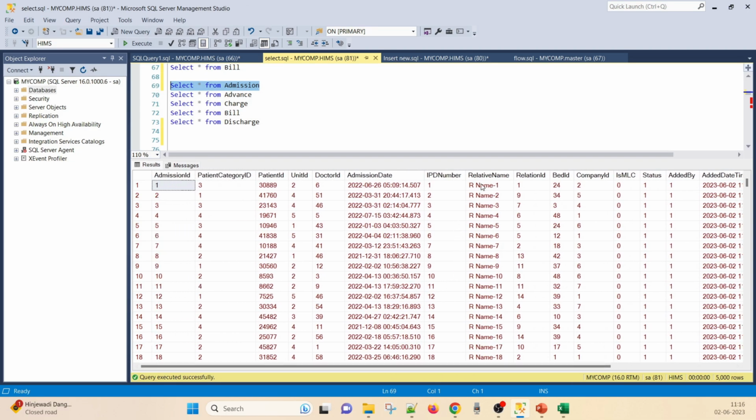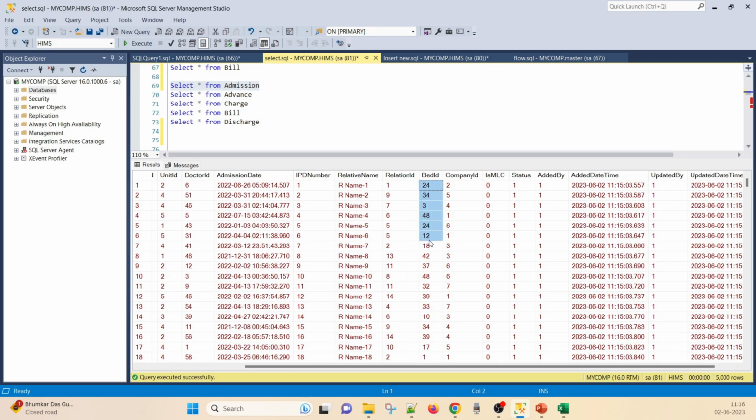So this is the relative who is admitting that particular patient. What is the admission date? Who is the admitting doctor? Then there is a unit ID, in which unit that patient is admitted. Then what patient ID? Then patient category ID. Correct, and here is the bed id, on which bed that particular patient is admitted, and there is a company id